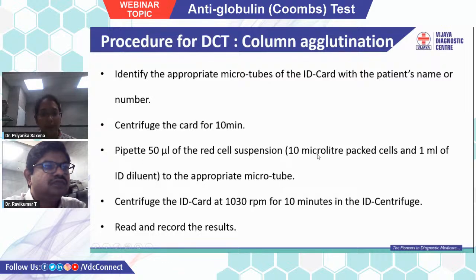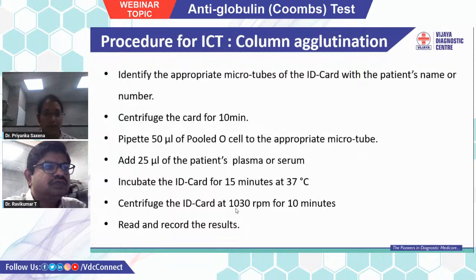That is nothing but 10 microliter of packed cells with 1 ml of ID diluent, which should be added in the appropriate microtube. Later, this ID card will be centrifuged at 1030 rpm for 10 minutes in the ID centrifuge and we look for results. Coming to indirect Coombs test by column agglutination method, in a similar way we have to label appropriately the microtubes